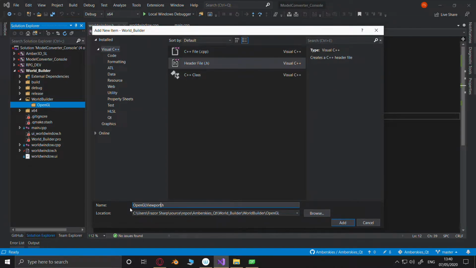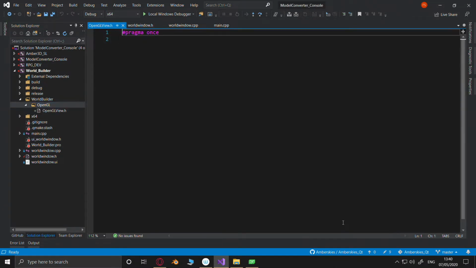Window? No, can't do that. Has to be something different. So, OpenGL, I'll put an underscore in it. No, I'm not. Just call it view. OpenGL view. Yeah, I like that.